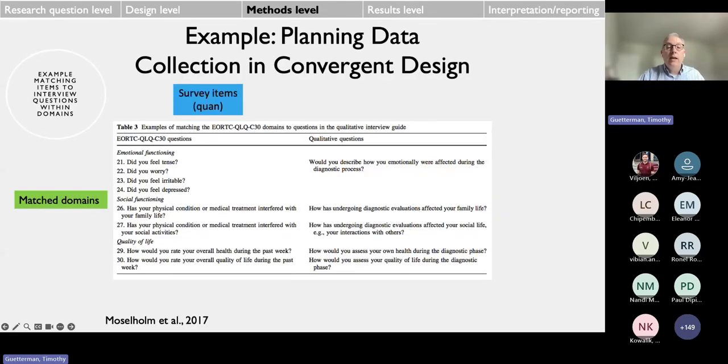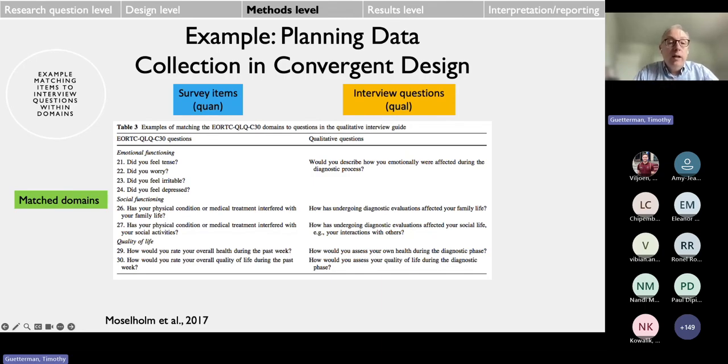And this is a study by Ellen Mosholm in Denmark, and she was interested in quality of life as people were going through a workup for a potential cancer diagnosis. So this is what I would call a joint display, this table, and this is just an excerpt from the